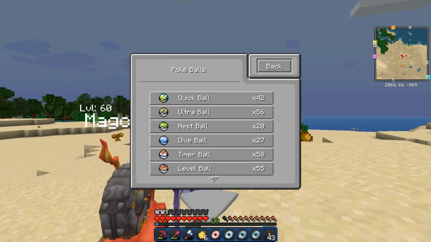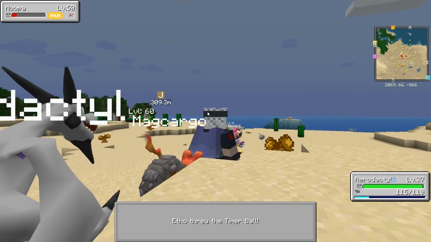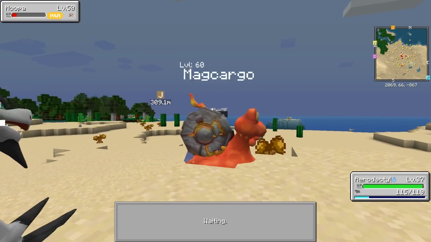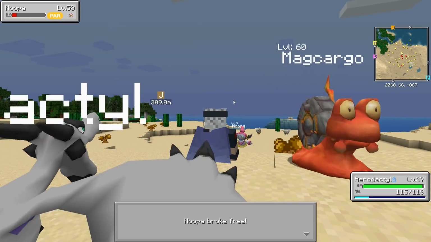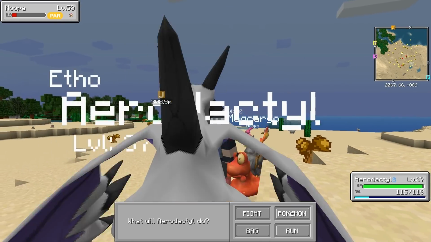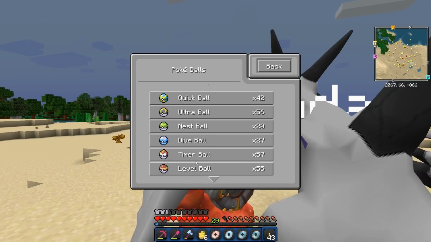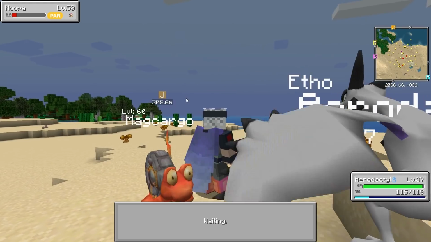I guess let's start chucking stuff at him. We're gonna use timer balls, I think. This is probably gonna take a long time to actually get him, if we ever do get him, because he's a low catch rate. Very low catch rate. Okay, let's try a few more. I'll probably just skip the video until this either fails or...